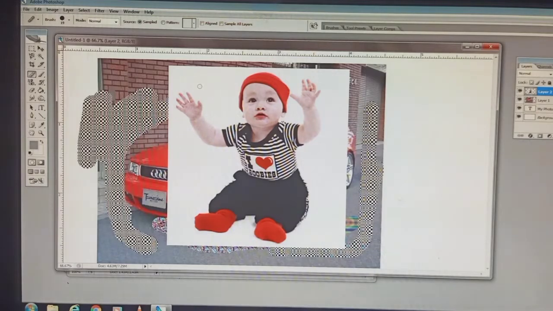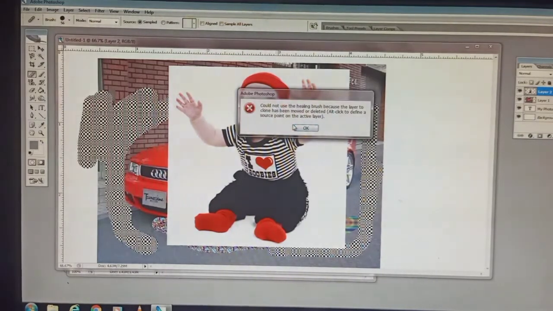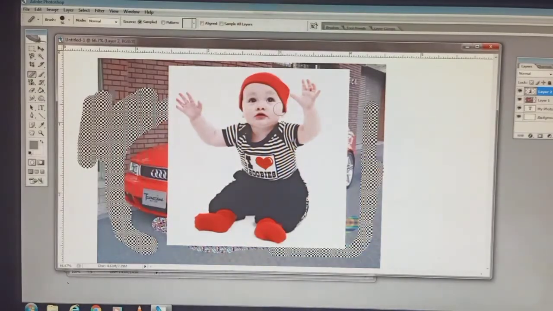Just you click it, and the small size you can increase. If any spot is there here, you can also remove the spot. Suppose here in this part one spot is there, we can remove it. Just you click and slowly it will be removed. Now you see slowly it is being removed. So that means it can adjust with the surrounding pixels.